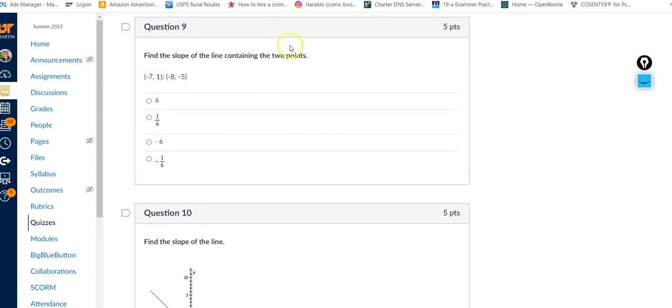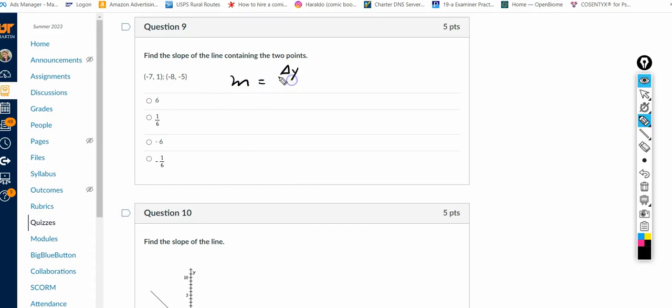All right, find the slope of the line containing the 2 points. All right, this is, I believe, Lab 9, which was if you have 2 points, you can always find the slope. So the slope is going to be the change in y over the change in x. And so we're going to have